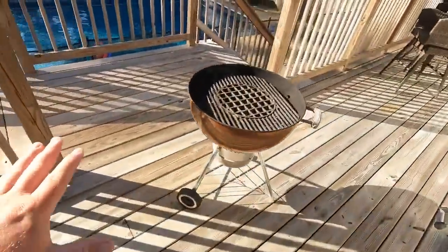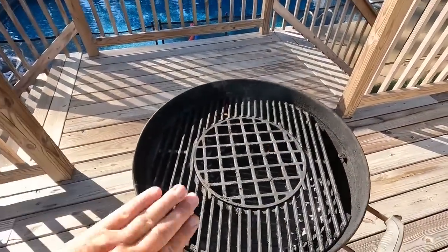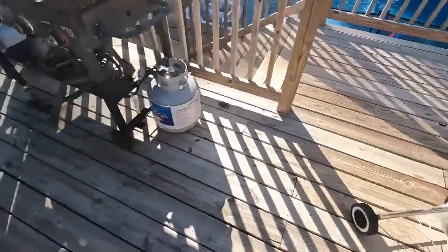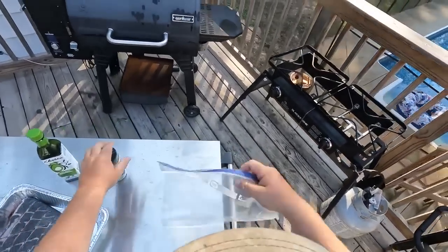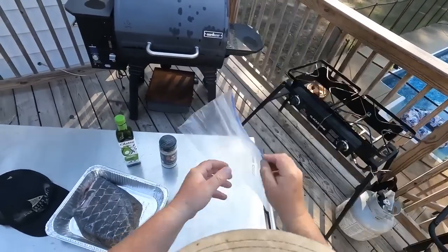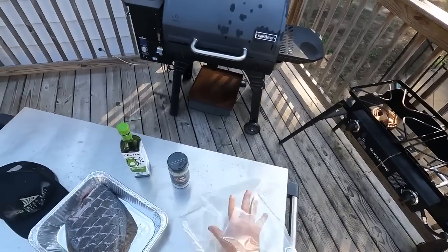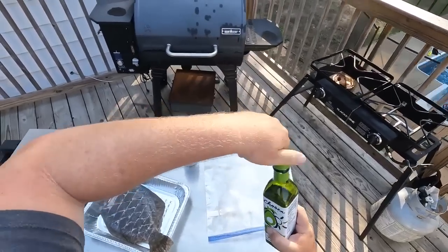And then over here on the grill, I just got a little 2-stage setup. I just got my coals going, so I got all my coals pushed over to one side, letting them get kind of hot right there. This is going to come together really easy. I just got me a 2-gallon Ziploc bag right here to make sure I can fit that fish down in there. And I'm going to take my avocado oil,